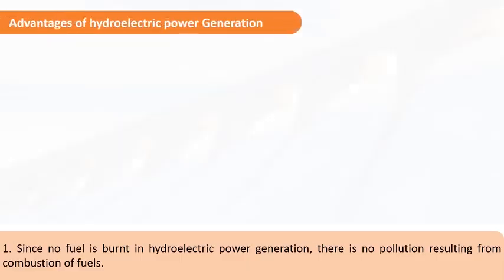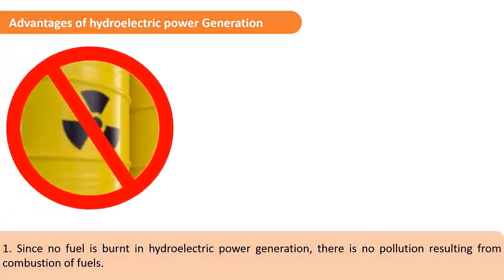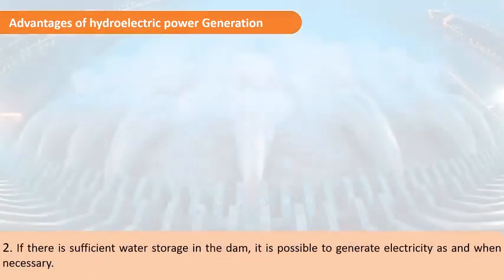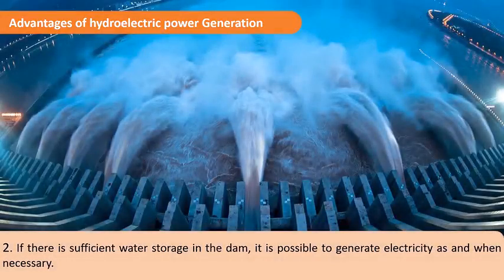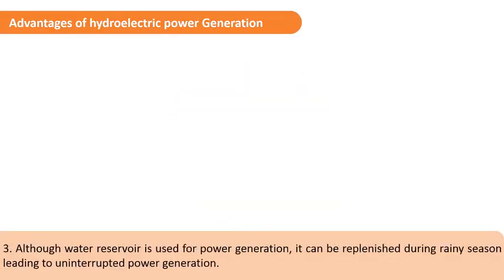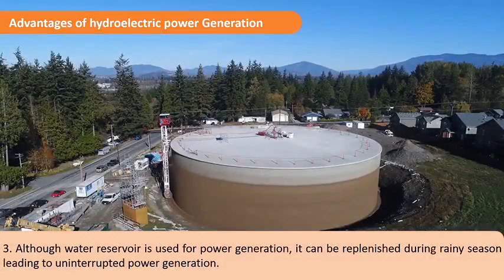Advantages of hydroelectric power generation. Number 1. Since no fuel is burnt in hydroelectric power generation, there is no pollution resulting from combustion of fuels. Number 2. If there is sufficient water storage in the dam, it is possible to generate electricity as and when necessary. Number 3. Although the water reservoir is used for power generation, it can be replenished during the rainy season, leading to